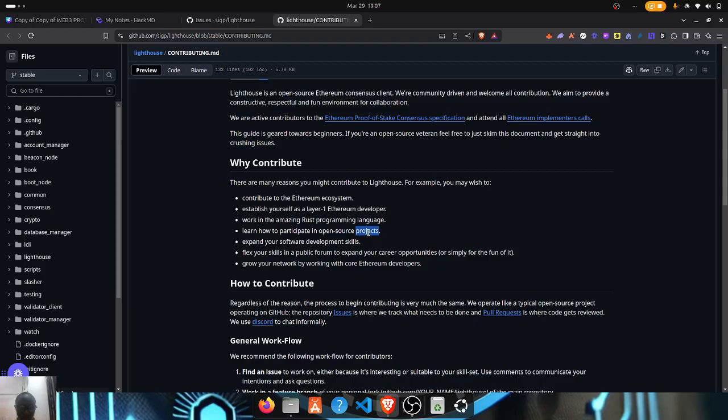It's something you learn to expand your software development skills, flex your skills in a public forum to expand your career opportunity. So this line here is very important. Flex your skills in a public forum to expand your career opportunity, or simply for the fun of it. So as you continue to contribute to open source projects, you are making yourself known out there. People will be seeing these things you're doing, and you have a higher chance of getting hired as a developer